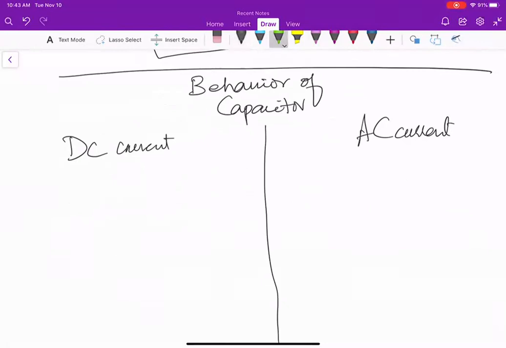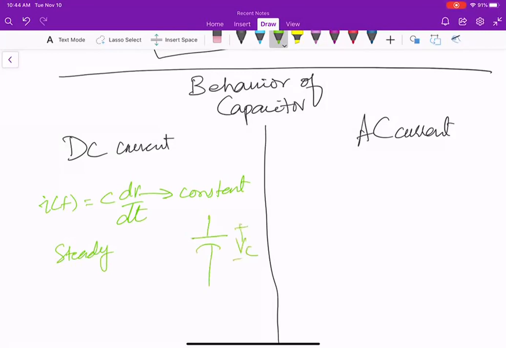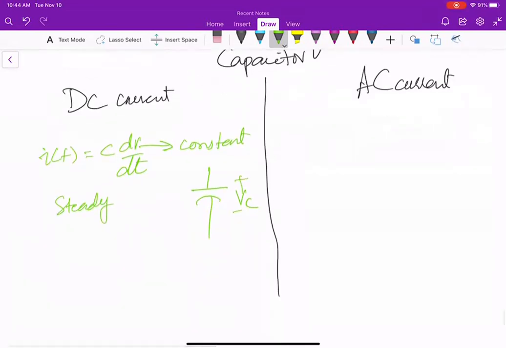So why is that? Let's see. We said I of t is equal to C dV over dt. But once your voltage is constant, which is in the steady state, when your capacitor has built up voltage due to the voltage source, then this I of t will become 0, because when this is constant, your derivative will be 0, and your capacitor will act as an open circuit,